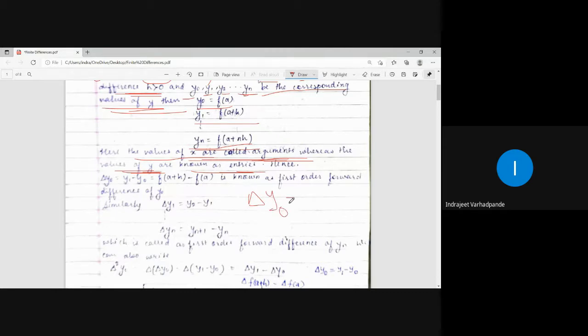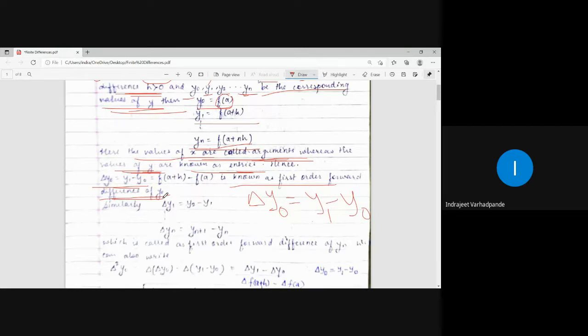as I said, it is the difference between the two terms. Difference between the two terms means next minus the previous. So delta of y naught is given by y1 minus y0. So delta y naught is y1 minus y0. What is y1? f of a plus h. What is y0 or y naught? It is f of a,